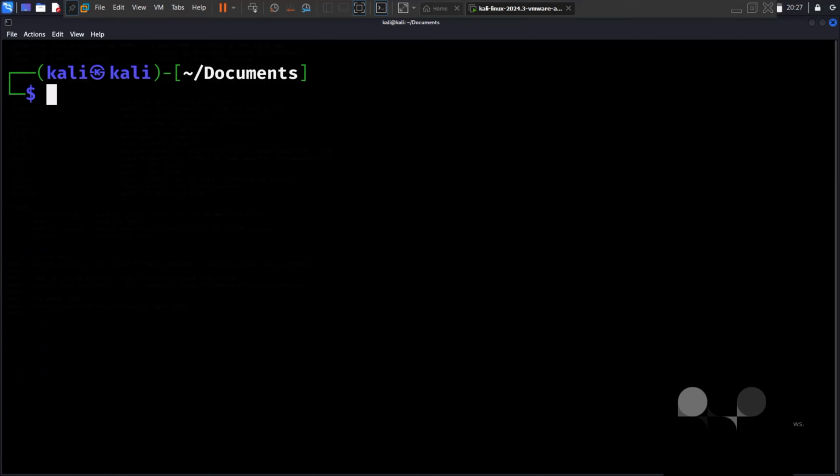Hey everyone, today we are diving into one of the most useful Linux commands, tar. Whether you are backing up files or unpacking archives, tar has you covered. Tar stands for tape archive. It's used to compress or extract